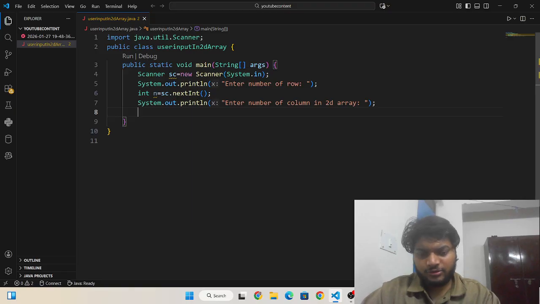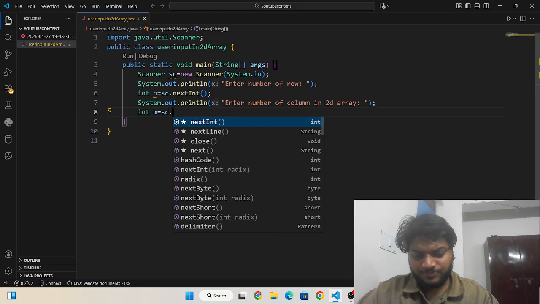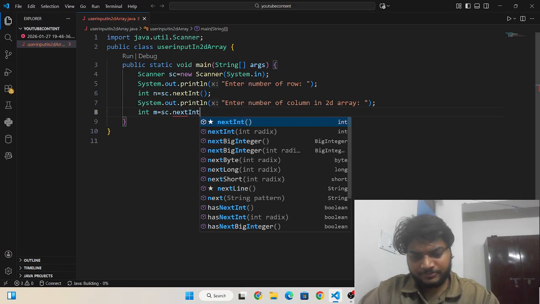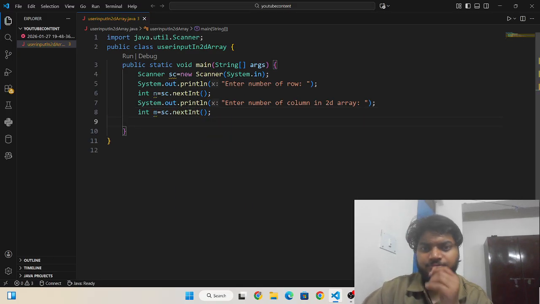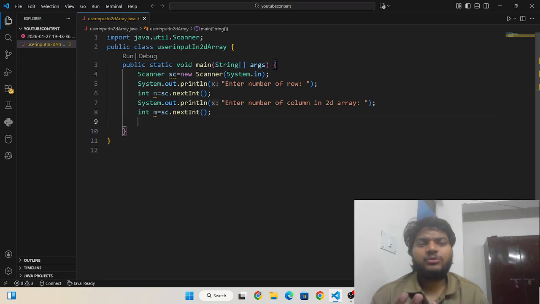Now I need to write int m is equals to sc dot nextInt. Here I have asked the user to enter the number of rows and the number of columns.